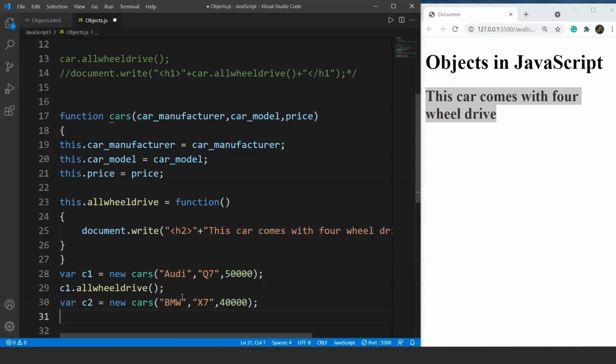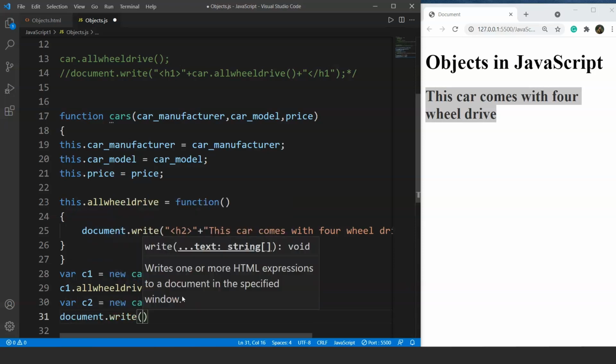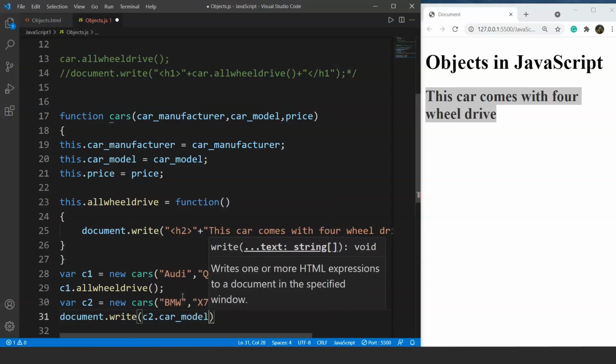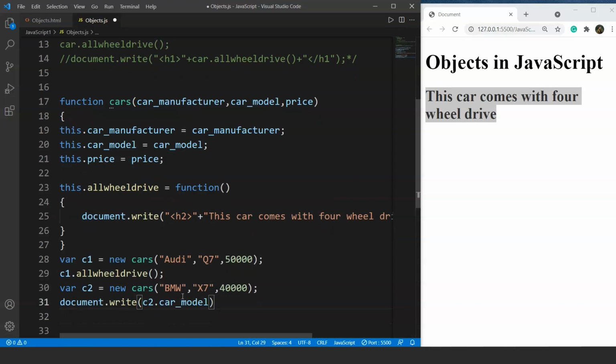So if we want to access any particular property of any object, like if we want to access the car model or the car manufacturer, we can do it the same way as we did previously, as we did in the literal object way. So to do so, we have to write here document.write, and it was quite simple. We have to write here the object name dot and whatever we want to print. Let's say we are printing here car model.